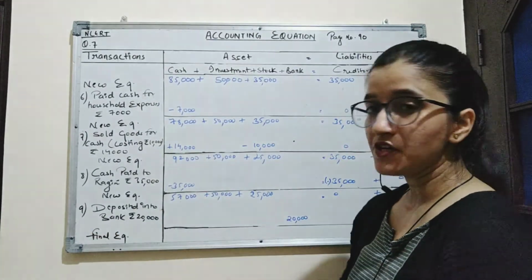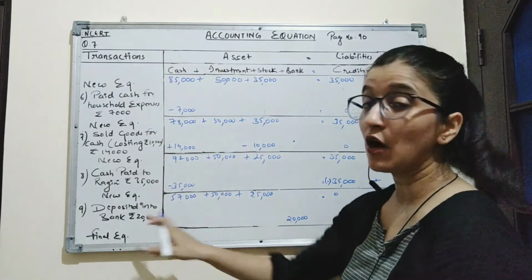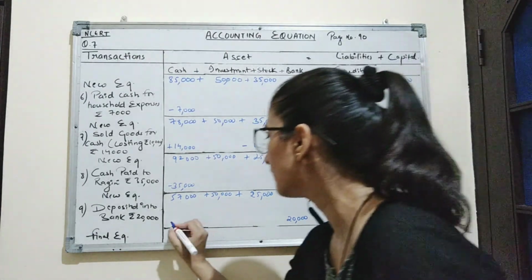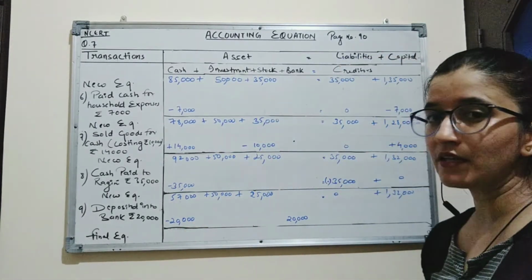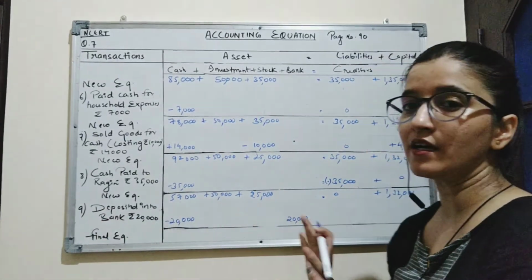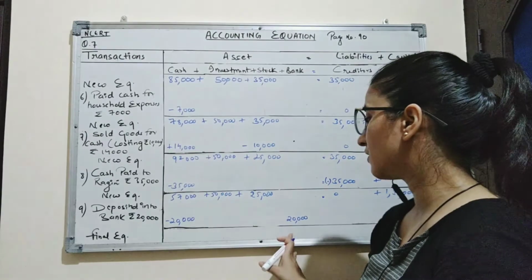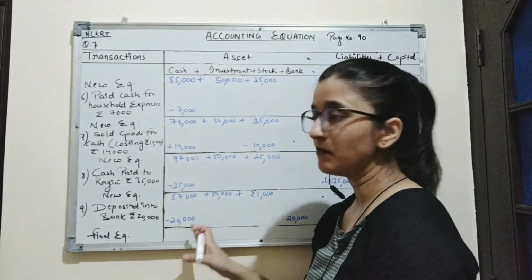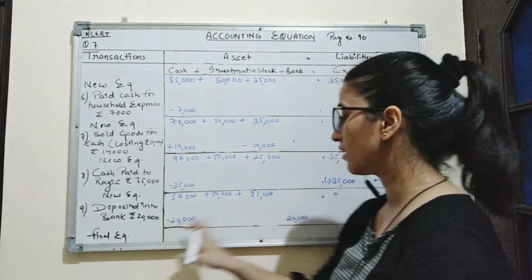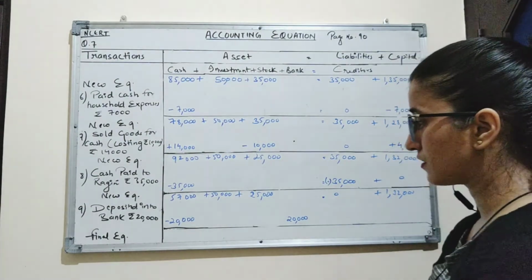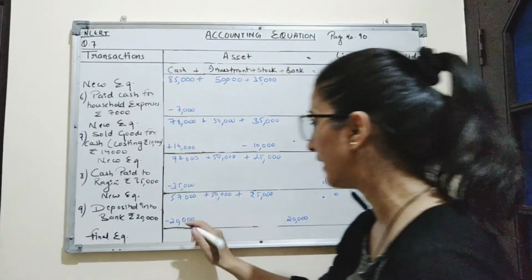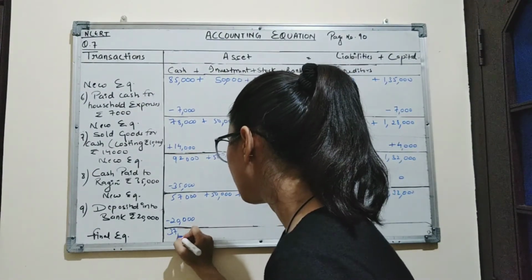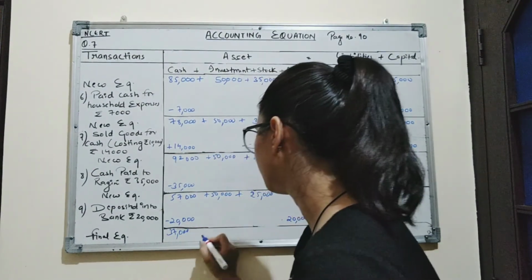Now when cash is deposited into bank, there is an outflow of cash. So we will deduct 20,000 from cash column also. As we can see, both cash and bank are asset. One asset is increasing and at the same time another asset is decreasing. So equation here is balanced. So by solving these two equations, we will get 37,000 in cash column,